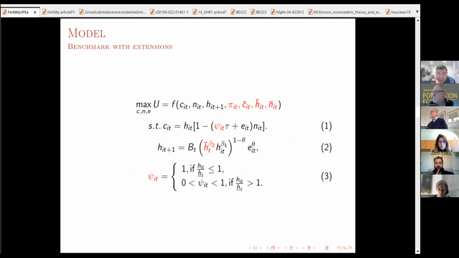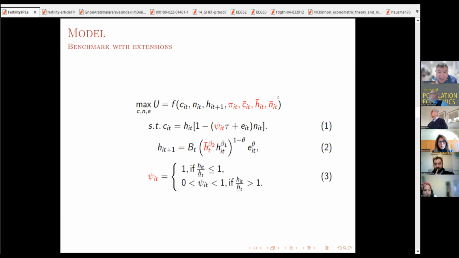And so in a very simple way, our model can be written as this. Here, the letters in red mean that's what we added into the benchmark model as an extension. And that extension is helping us to answer those three points we raised in the beginning. So first,